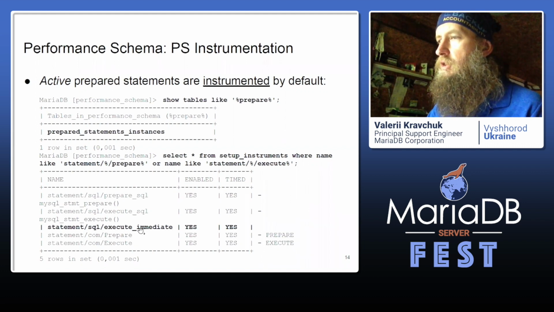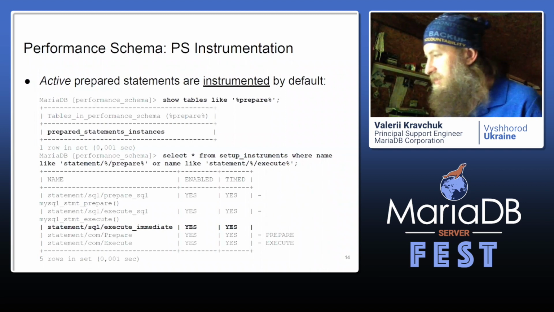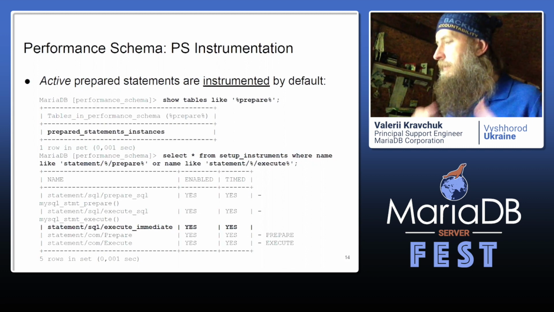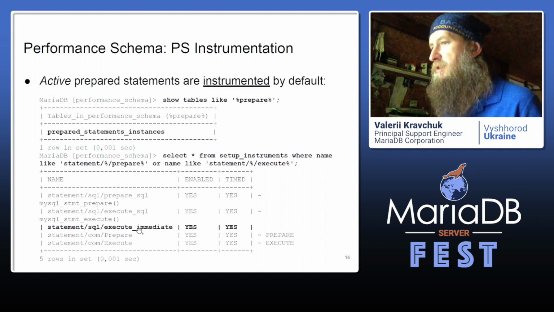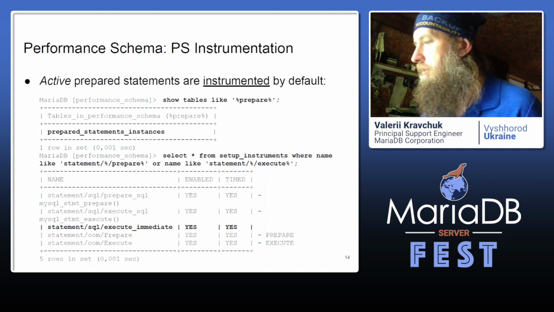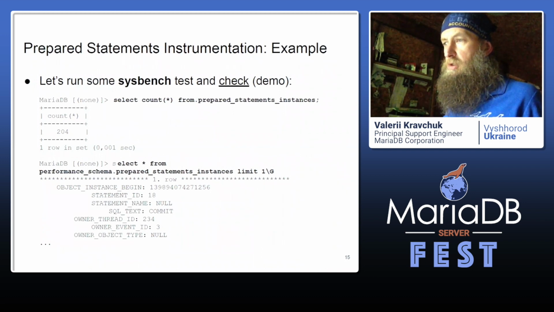There is one addition in MariaDB related to a feature that just does not exist in MySQL. It's execute immediate, when you prepare a statement in place from a string in one step and execute it. So that's an additional instrument compared to MySQL. So we see it works.